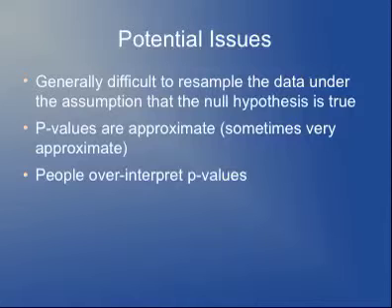So, I'll give a few examples today showing why this can be a pain, but in general, it's resampling under the assumption this null hypothesis is true. There's no general approach to do it. You have to kind of do it on a case-by-case basis. Another problem is that p-values are approximate and sometimes very approximate. Granted, the same thing's true for confidence intervals, but it tends to be less of a problem for confidence intervals in that